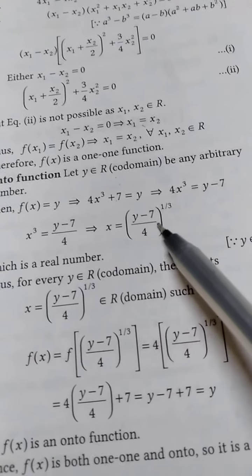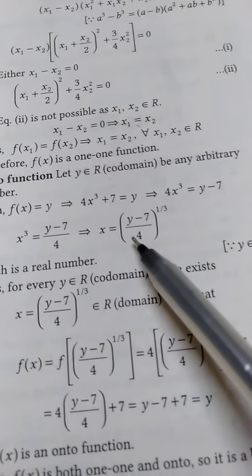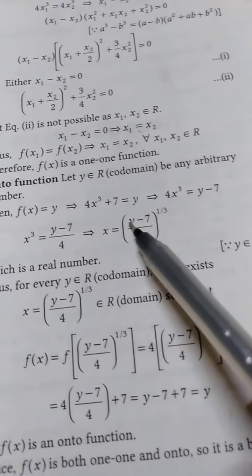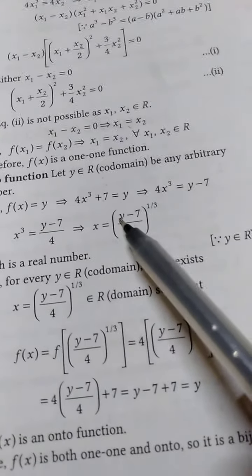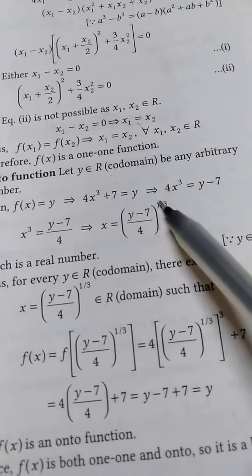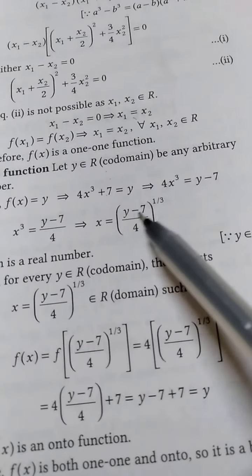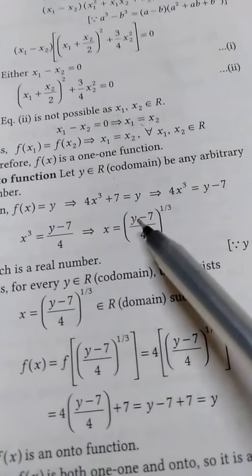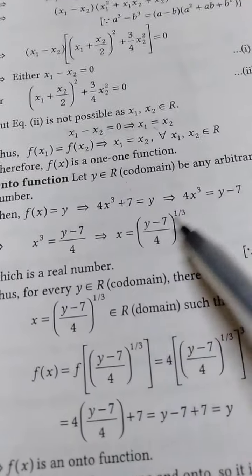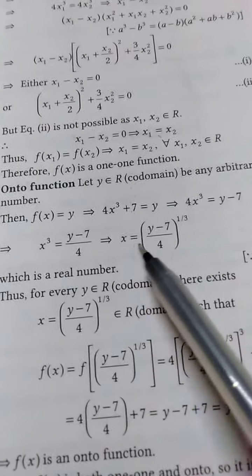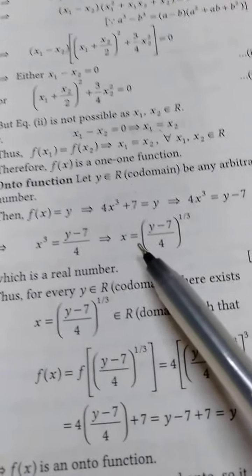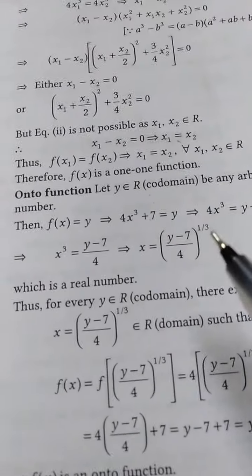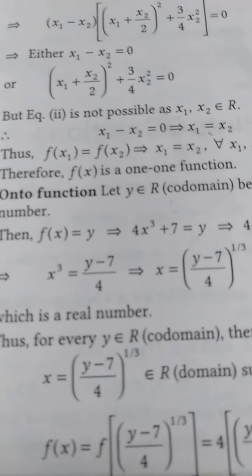Here there is no denominator that may become zero, nor any y for which the function may become undefined. So for whatever value you take here, 1, 2, 3, whatever, this is a cube root, not a square root. So it doesn't matter whether y minus 7 is negative or positive; no problem of negative or positive, any number will give you the value of x. So y can have any result. That means the function is an onto function. Okay, some other sums I am giving, you please note them down.